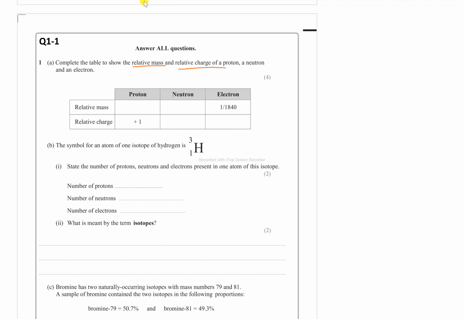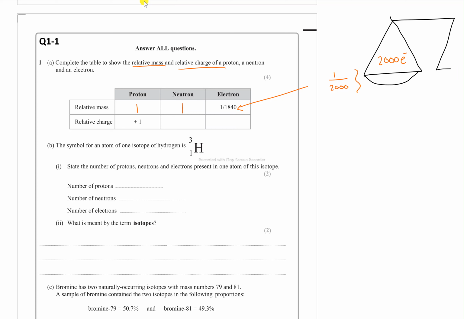So a proton has a mass of 1, a neutron has a mass of 1, and this is a very, very small mass. Right, sometimes you'll see the figure 1/2000. What that means is you need 2000 electrons on a weighing scale. So if you had a weighing scale like this on one side and you had one proton on this side,